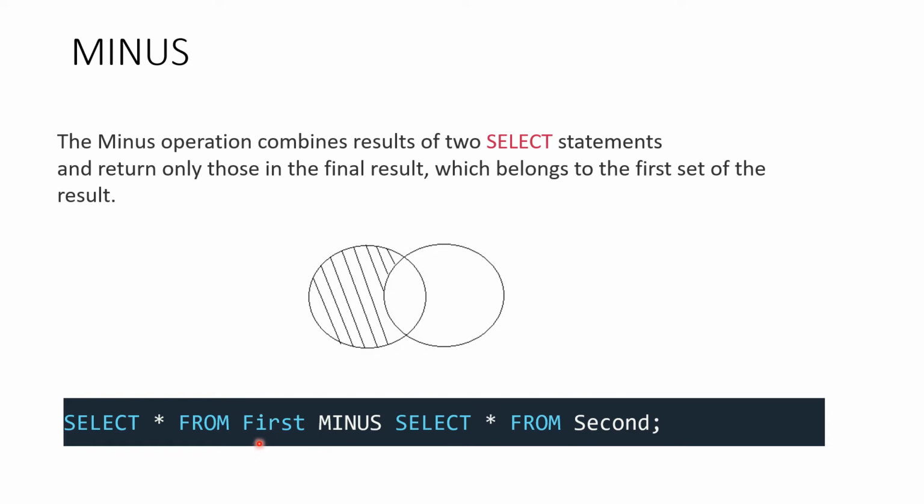Suppose we want to subtract some numbers from something, say 20 minus 15. 15 is left aside, and 20 minus 15 is 5. Here we can see this is 20 and this is, suppose, minus 5. So we are left with 15: 20 minus 5 is 15. This portion is 15 and it is being covered. Only these rows will be shown in the result.